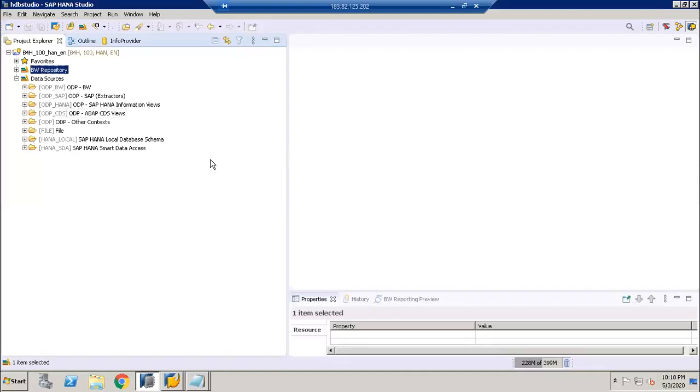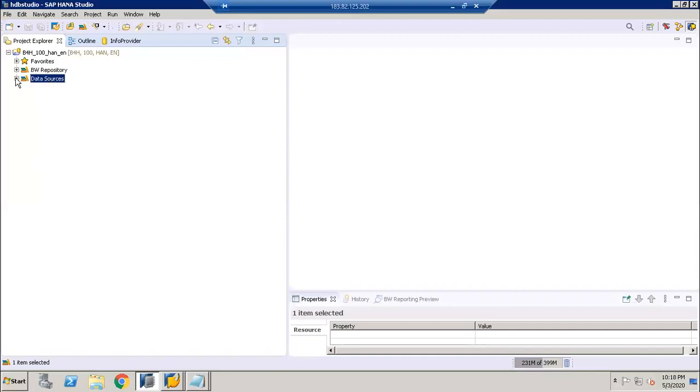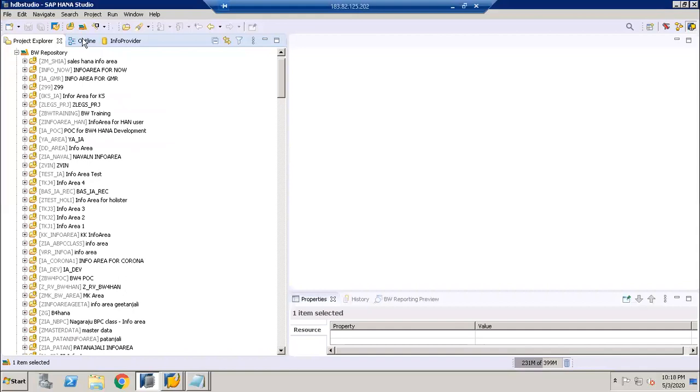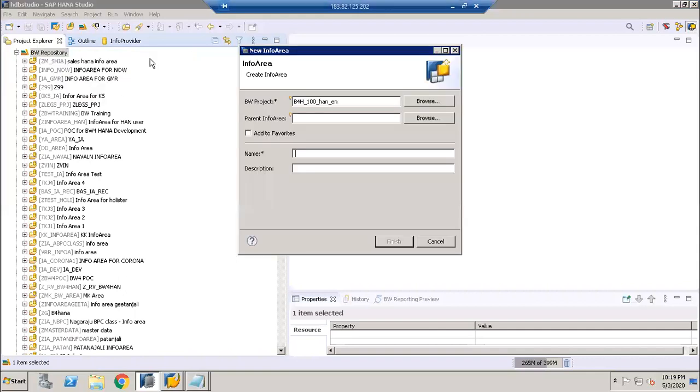So this is the B4H system. Here we have two things, the BW repository and the data source. Firstly, I'll go for the BW repository. I'll create my own info area. My info area is MabelSoft.